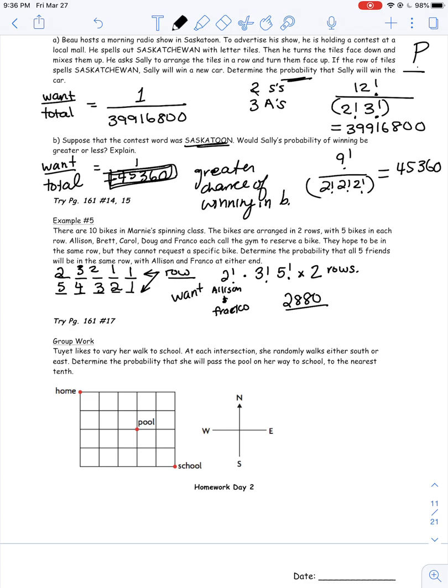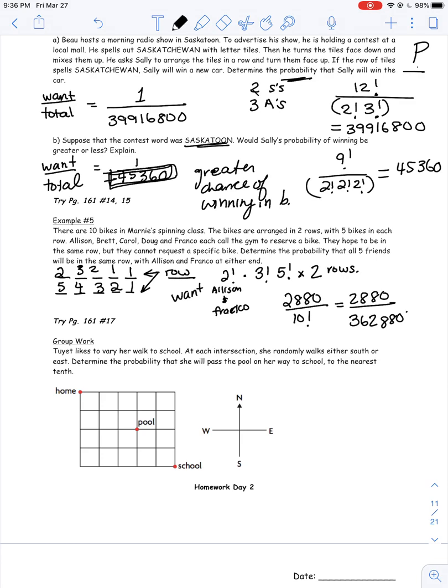Your total would be, well, what if there were no rules? There's just 10 bikes and I have to rearrange 10 people that are going to be coming to this spin class. So I would just go 10 factorial. 10 people rearrange is 10 factorial. So that would give you, in your calculator, 10 factorial would be equal to